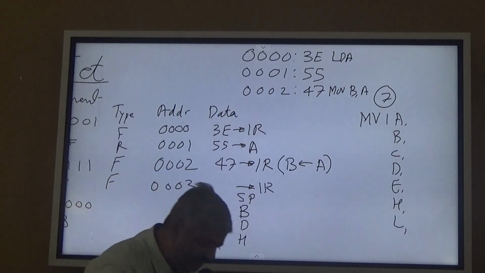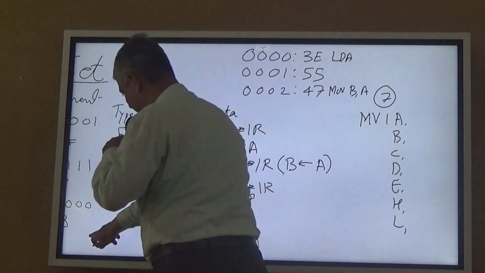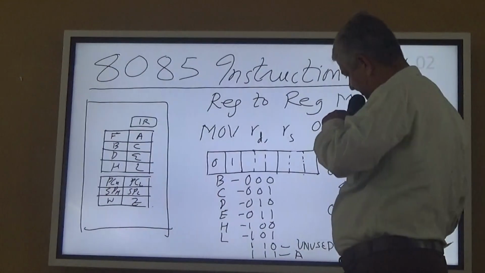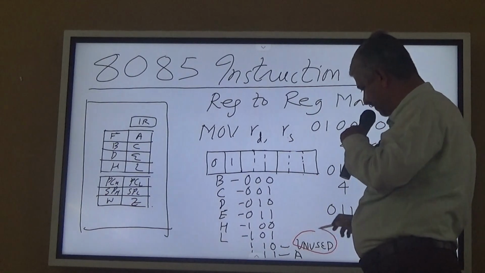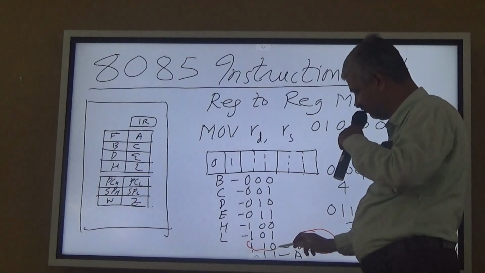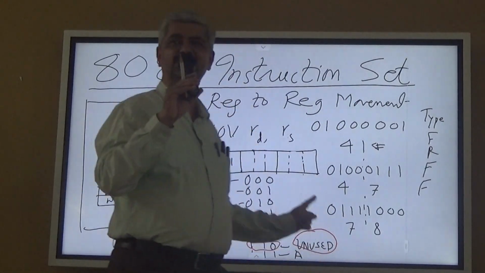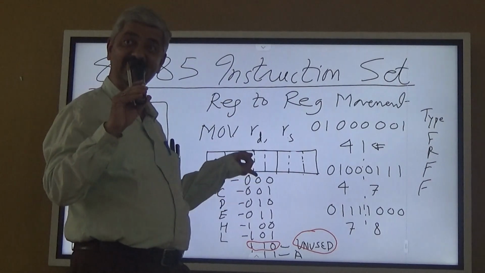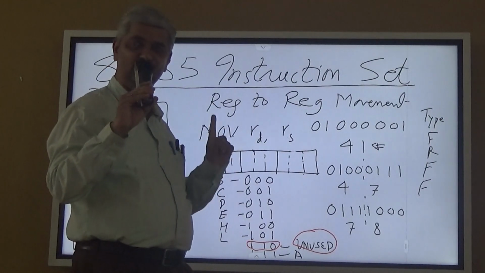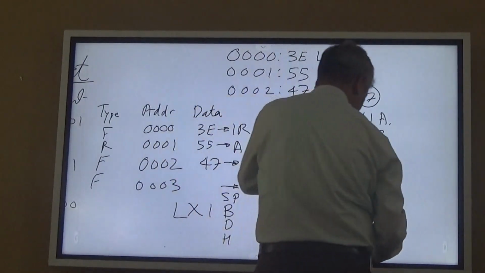So I will take one example, or before that, I had said that in my move template one combination 110 was unused. There are how many registers? 7 registers. There are how many 3-bit combinations? 8. So there was one combination unused. So I used this combination like this. This is a very interesting instruction. That is move